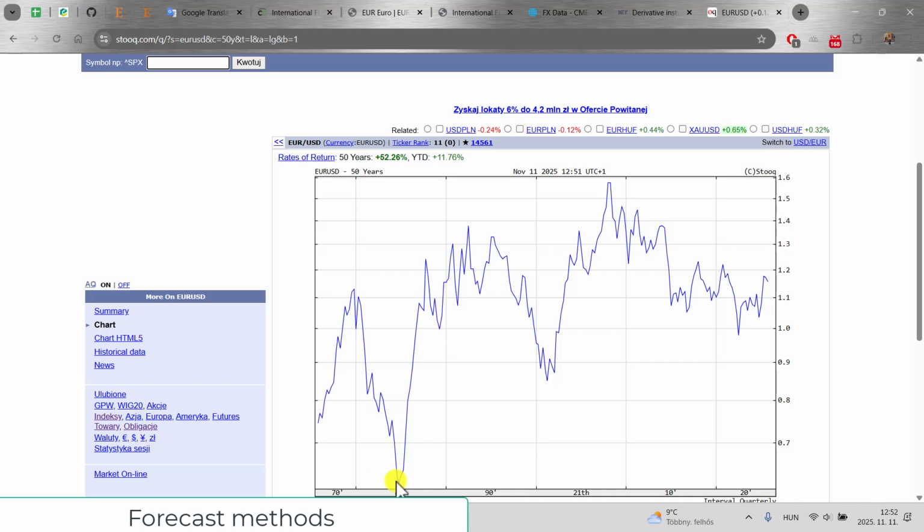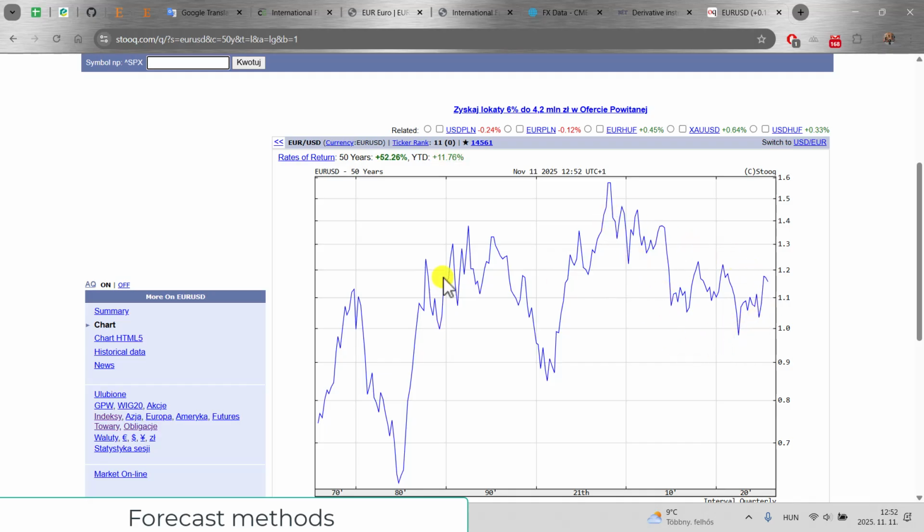This is when the US dollar is appreciating, so the US dollar is strong. This is the time when the US dollar is weak. But we can see there was this ECU appreciation time period, there was the US dollar appreciation time period. Again, there was when the euro was really strong, and nowadays we can see that the US dollar is